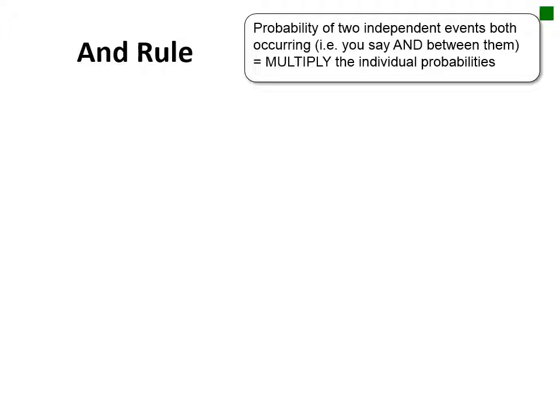offspring. To do this, you must first understand the AND and OR rules of probabilities. These rules explain how to combine different probabilities together. The AND rule states that if the probabilities are independent events, which means you say "and" between them, you will multiply those probabilities together. For example, going back to our pea color crosses, if we cross 2 heterozygous yellow peas